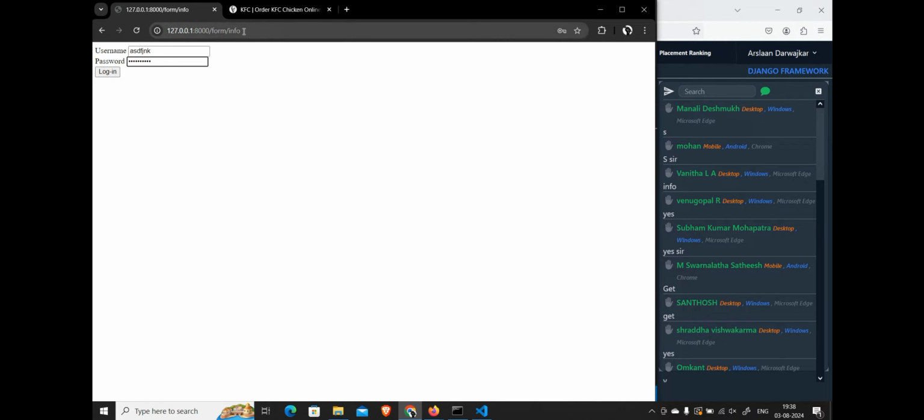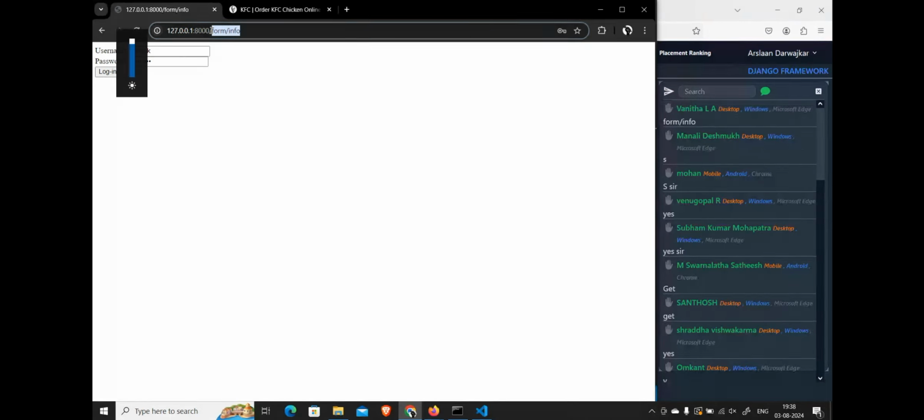To whatever route we are currently on. Okay, everyone pay attention. This is very serious. Whatever route we are currently on, let's say I am on this route called form/info, and from here I submit something, whether it is a get method or post method, we are not bothered about it. If I submit some form,